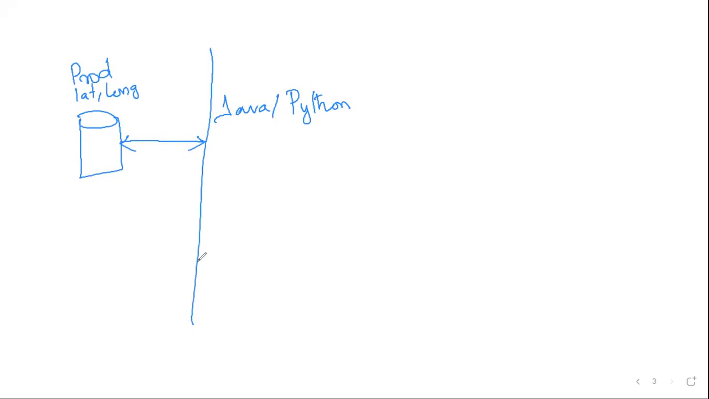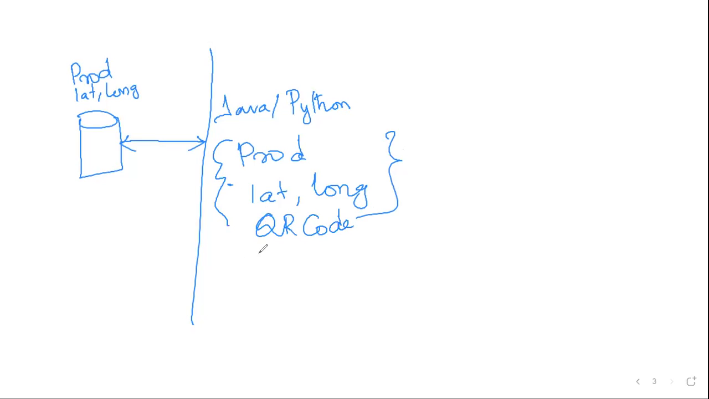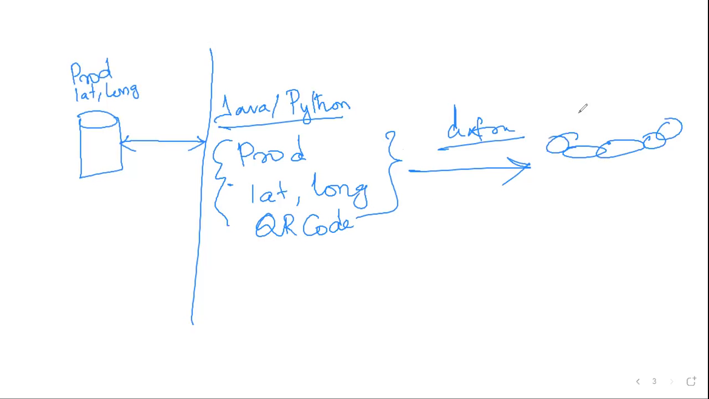This is a proposal for the blockchain. Read the database: product, lat long, and QR code. It reads from the Firebase and pushes this to the canister, to the blockchain. Okay, this is the definitive blockchain. It will go. Okay, now